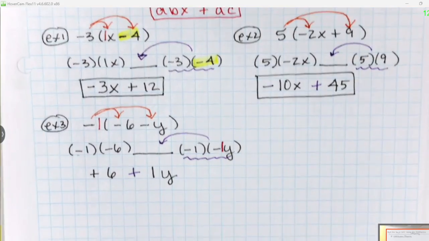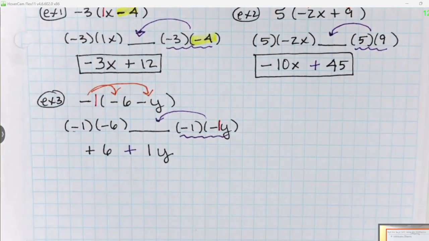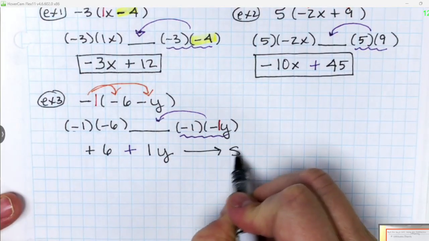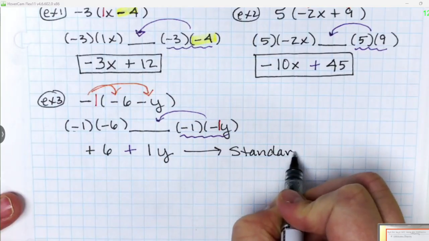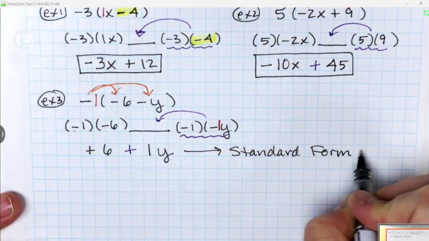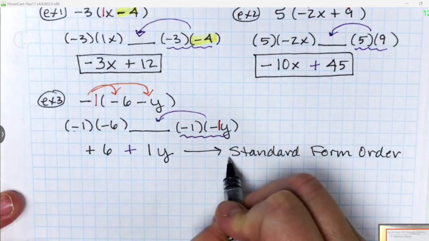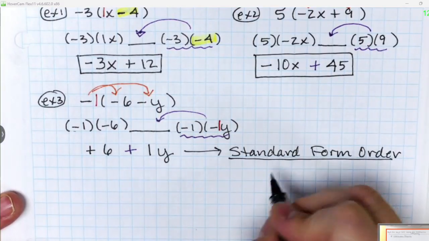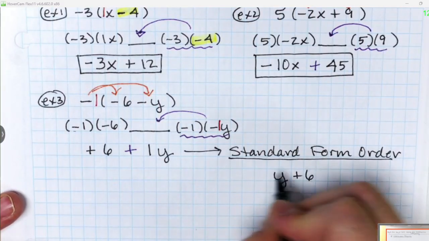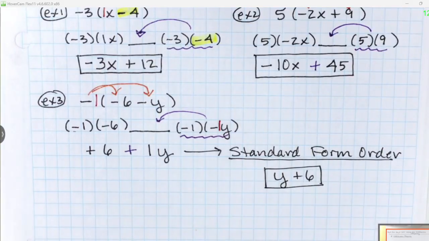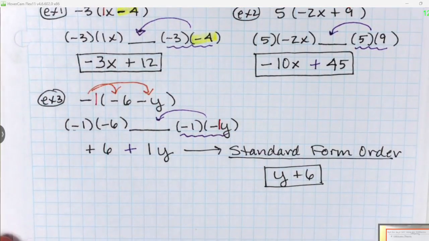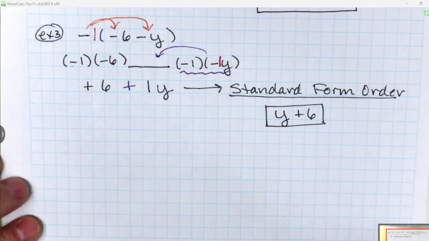Now in this case, you need to reorder this so that the y term comes first. That is your standard form order. So I'm going to write standard form order, which we've already looked at, means that the y comes first and then the plus 6. Letters before numbers. All right, that's your basic distribution property. Now moving on,